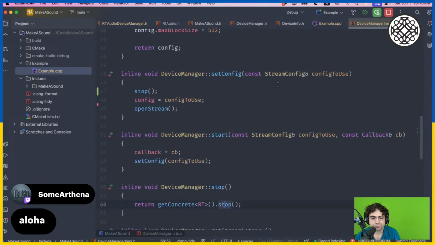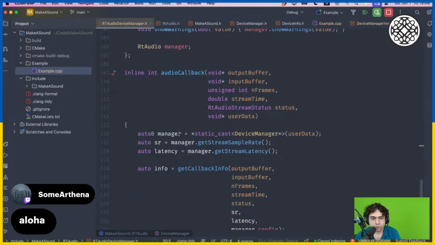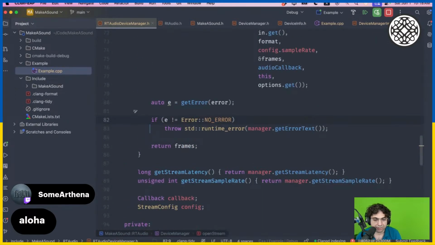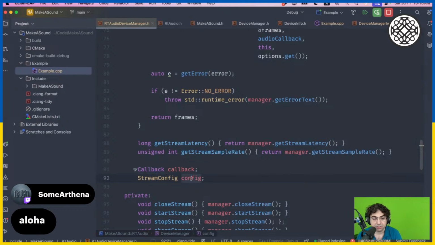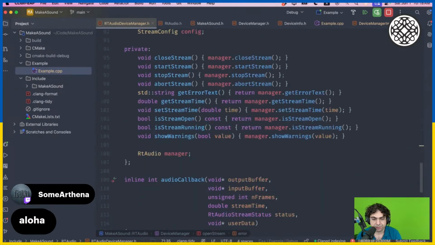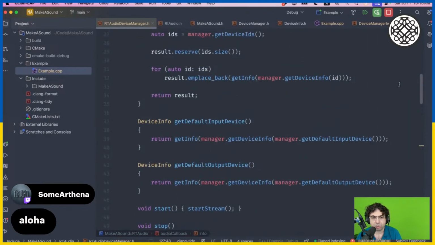But I think that these classes, what do I call these? Yeah, I was worried about something like this. No, not this, I was worried about this. Callback and config. I was worried that these two could have a race condition between the audio thread function, which is the audio thread callback called by the driver, and this reads from manager.config. And I was scared that manager.config could be read from